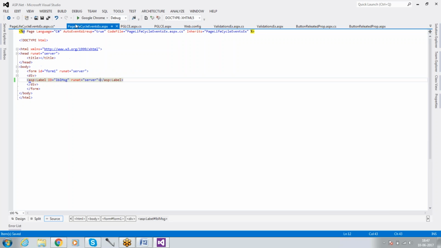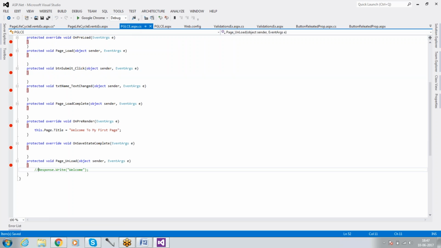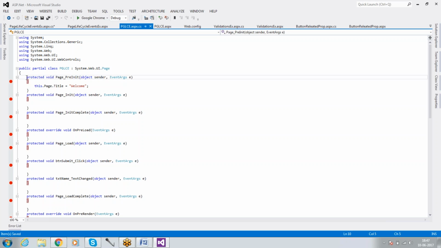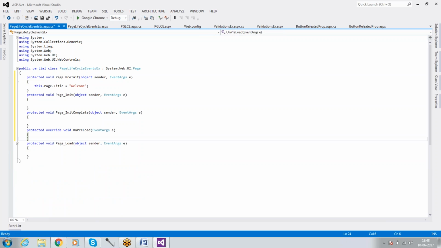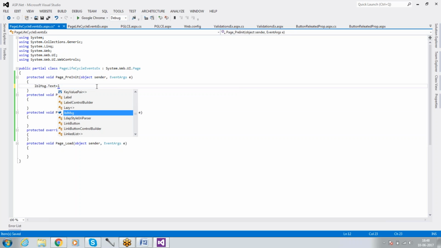We already discussed multiple events in the earlier class, so I just want to copy the common events that we worked with so far. These are the phases: first is pre-init, next is init, next is init complete, next is on preload. So now what I'm going to do is lbl message dot text equal to lbl message dot text plus,